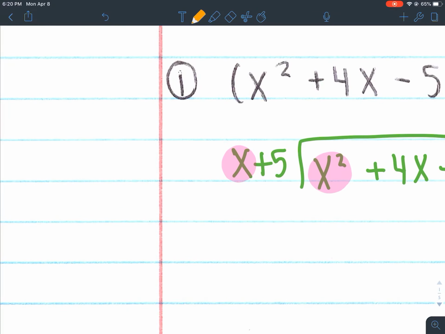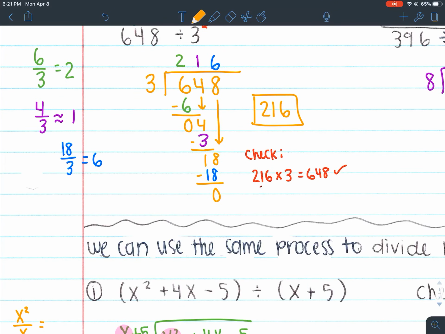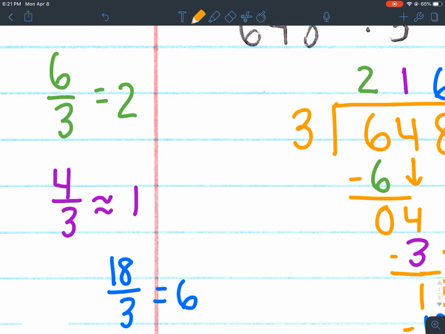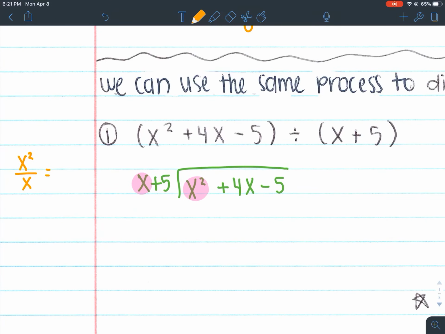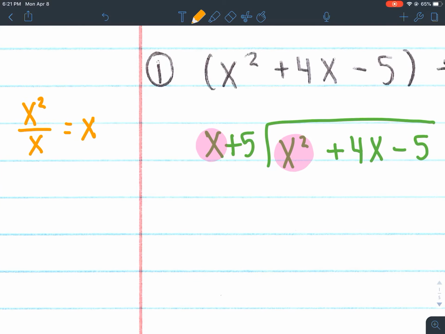And you ask yourself, how many times does x go into x squared? Okay, so over here I'm going to do x squared divided by x. Right, I'm trying to see how many times does x go into x squared. Just like I did with the last one. How many times does 3 go into 6? So I did 6 divided by 3 and I got 2. Here I do x squared divided by x. What do I get? I have 1 x left over, right? I have 2 x's in the top, 1 in the bottom, I have x left over. That x goes on top of your x squared, because you're saying x times x will give me x squared,